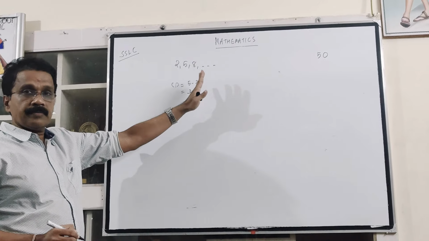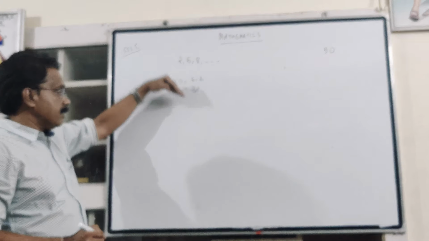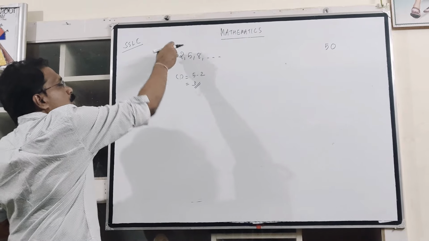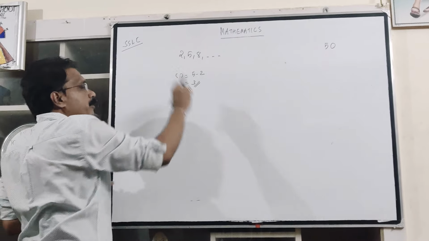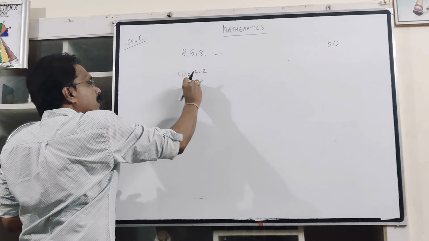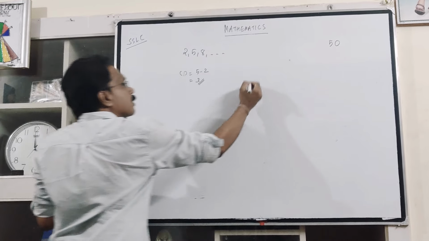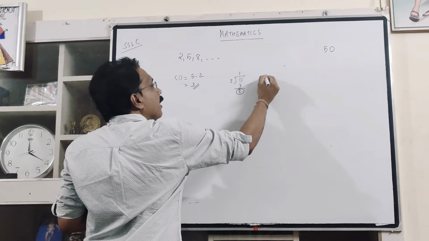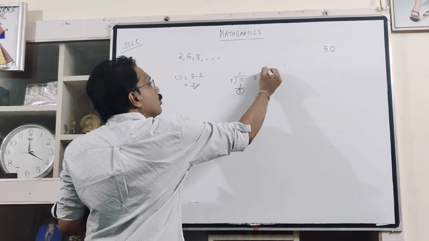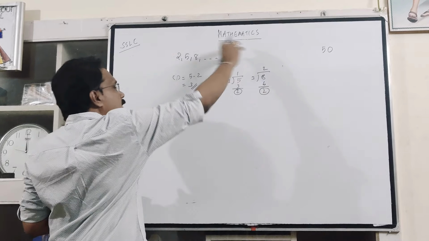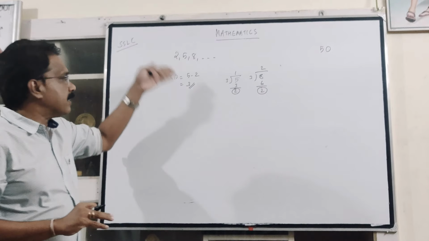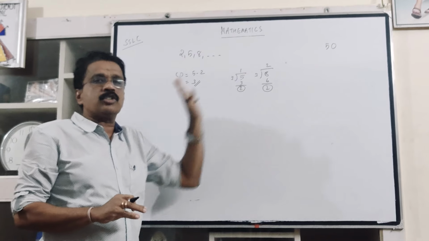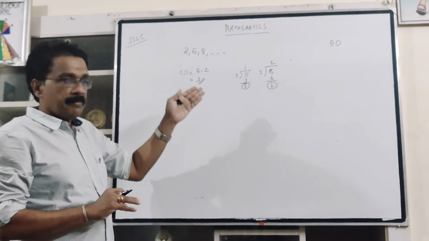So this is the common difference of this sequence. Now divide every term by that common difference. What is the remainder? 2 divided by 3 is not possible, so the remainder is 2. 5 divided by 3, 1 times, remainder 2. 8 divided by 3, 2 times 3 is 6, remainder 2. So each term of this arithmetic sequence, when divided by its common difference, gives the remainder 2. So that is the mechanism.